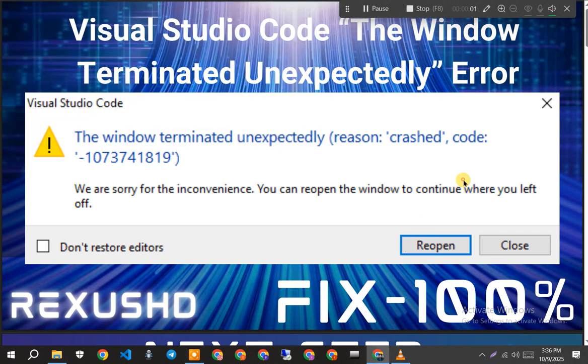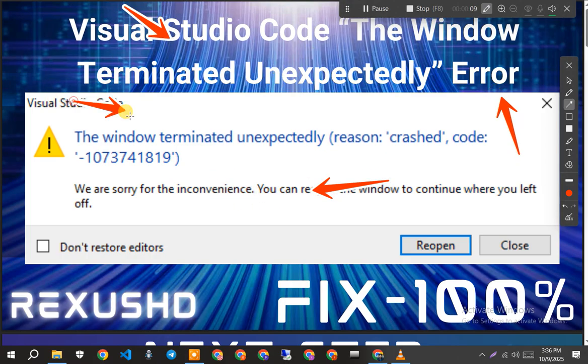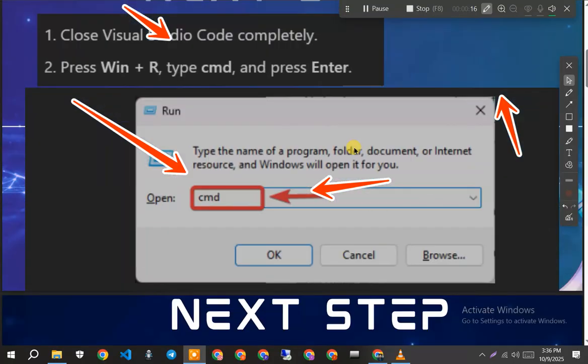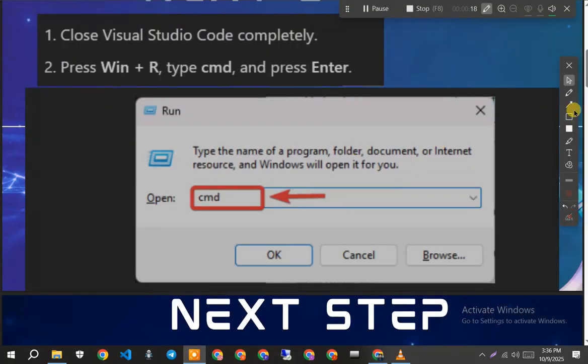This video will show you how to fix the "window terminated unexpectedly" error in Visual Studio Code. If you see this message, it means one of the VS Code windows crashed and cannot open properly. This can happen because of outdated graphics drivers, problematic extensions, corrupted cache files, or even a specific project file causing